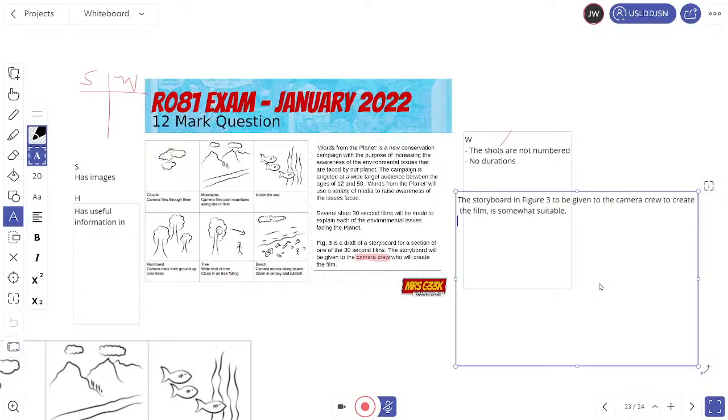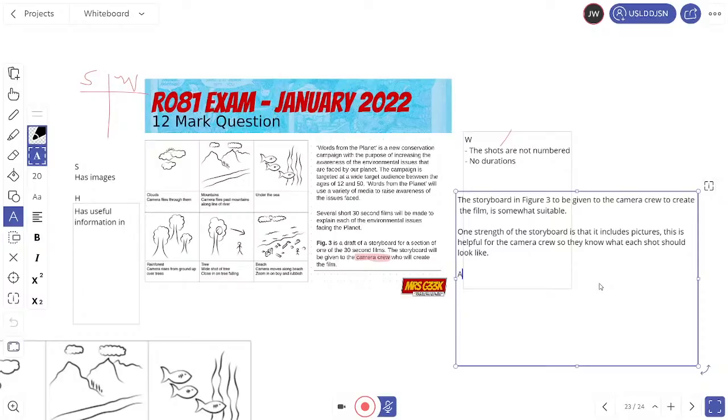So I'm going to start by saying one strength of the storyboard is that it includes pictures. And then you're going to again state the audience. This is helpful for the camera crew so they know what each shot should look like. Okay, that's 2 marks. Boom, done. Right, that's our first one done. Right, has useful information.